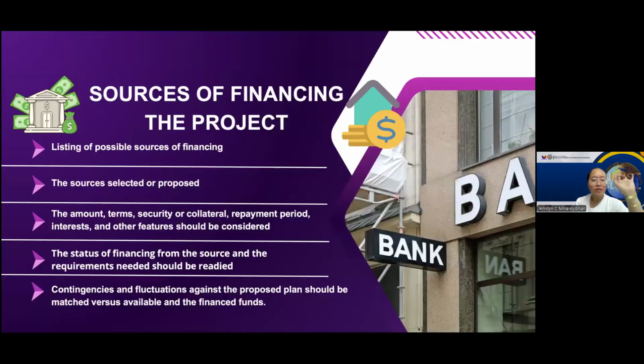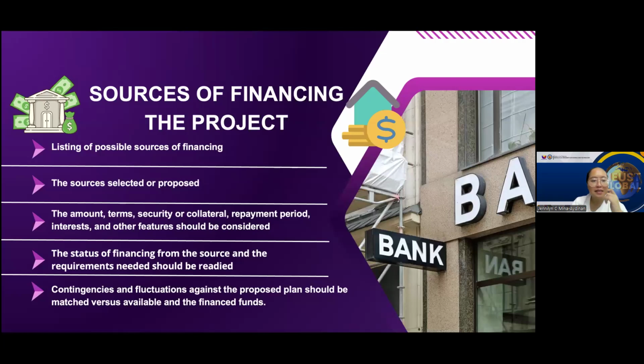Now, what is the source of financing the project? The source of financing refers to the different ways to secure funds for a project. This includes identifying potential sources, selecting the best options, and considering details such as the amount, the terms, interest rates, and repayment period. It is also important to assess the status of financing and prepare for any unexpected changes or